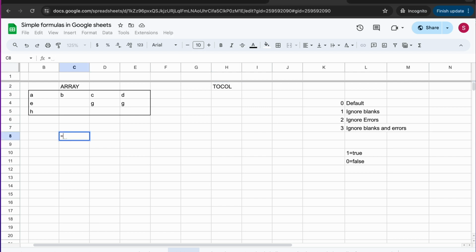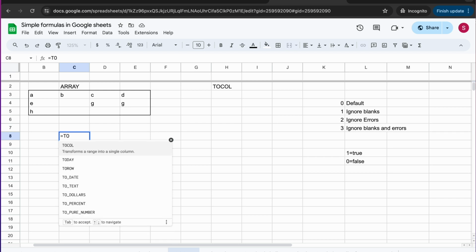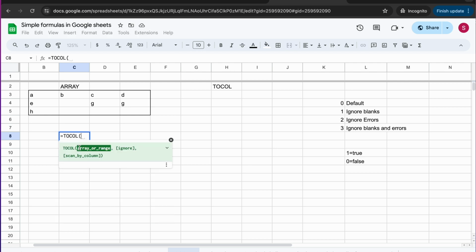We're gonna start the function: equals TOCOL. You see that the helper has already found the function I want, and it's telling me how it's written, the syntax of the formula. So the first thing it wants is the array or range, which I have here. I'm just gonna click on B3 and select everything within the array. So that's the first part of the function, the array. Now the second one,